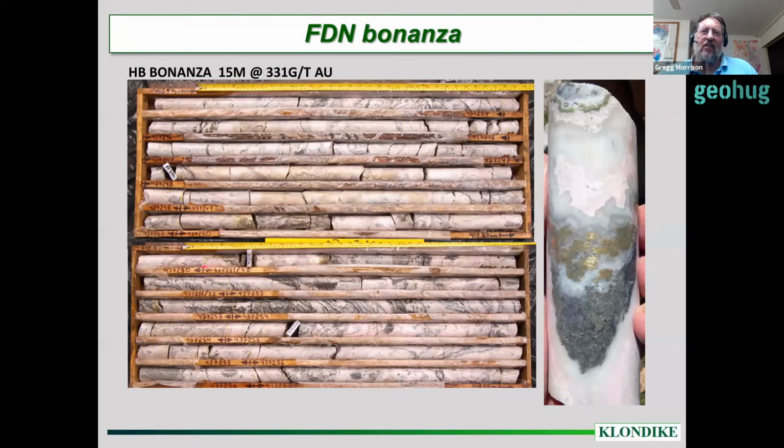I just put this in because I like it so much. This is the Bonanza ore from Fruta del Norte in Ecuador. This is the part of the intersection of 15 meters at 331 grams, where the good stuff is all through this. There's plenty in the sulfides and these sort of breccia zones, but there's a lot of free gold in